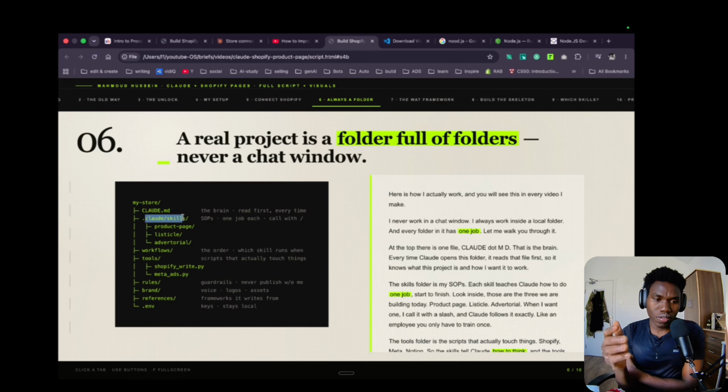You can call it with slash, or you can just call it with plain English: build me a product page or build me a listicle, and Claude knows what skill to invoke. And then you have workflow, tools. Tools is like Shopify, Meta, etc. And then you have rules, the guardrails, like never publish anything without my approval. And then you have your brand assets: logos, images,